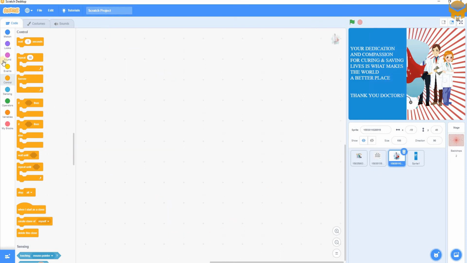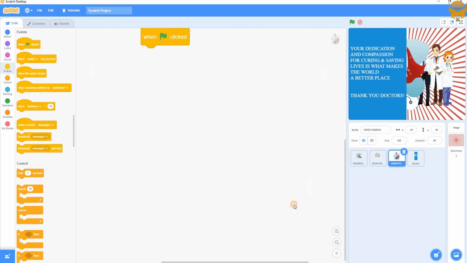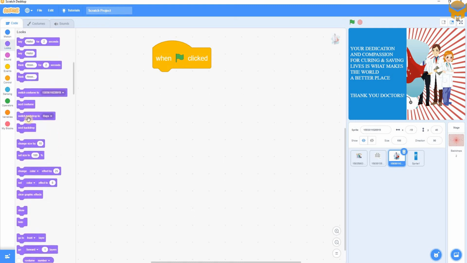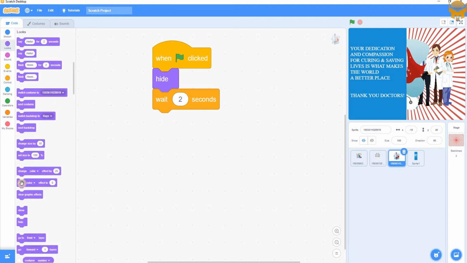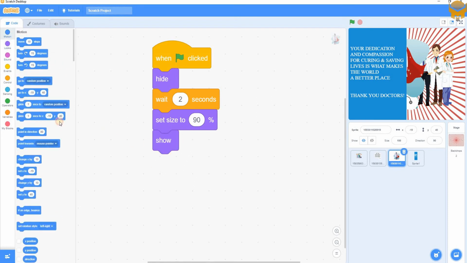My next sprite is going to be the one in which the doctor looks like a superhero. This sprite is going to stay at the same size, but it is going to slide onto the screen from the right hand side corner. So let's do that. In that also I will need a repeat to change its X position continuously. In the beginning its X and Y position are going to be out of the screen. Obviously I'll hide it in the beginning and show it after the animation of the group of doctors.